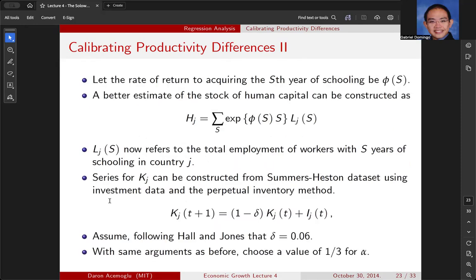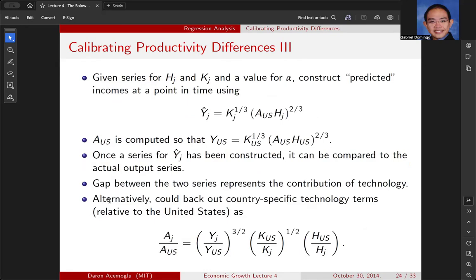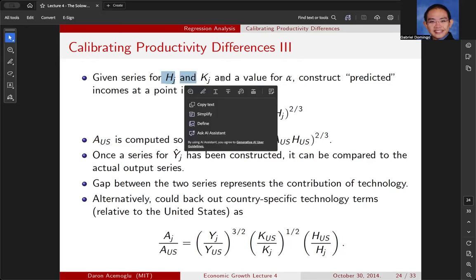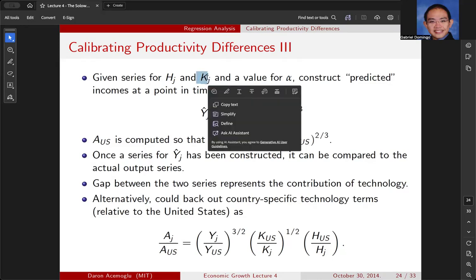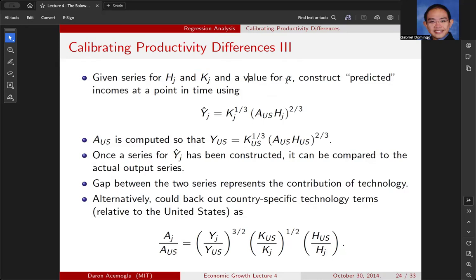So we'll skip a lot of this. Basically, we'll have estimates of K and estimates of H. Given your estimates of H and your estimates of K, where again H is a schooling-corrected number of workers, and KJ is your typical capital stock. You also need a value of alpha, and alpha again is the share of capital in output. That's something that could be calculated using national income accounts. You will construct a predicted income at a point in time